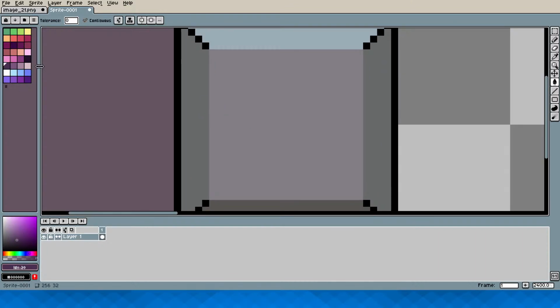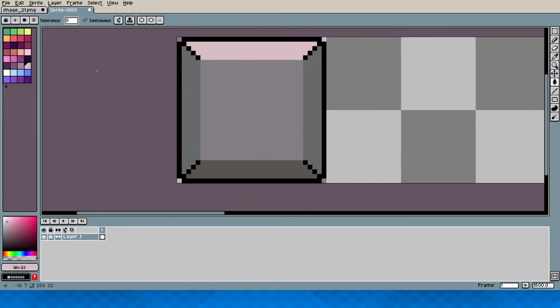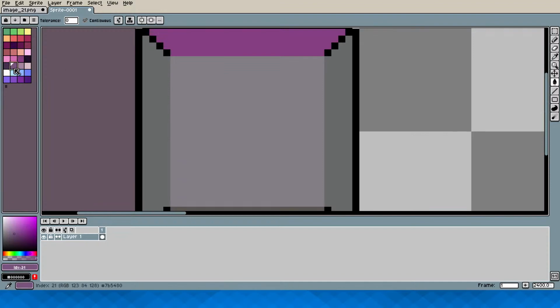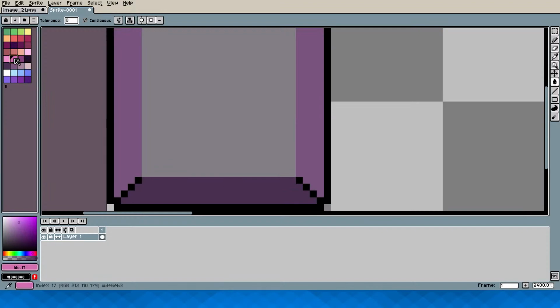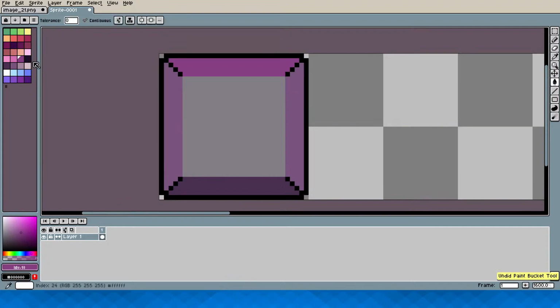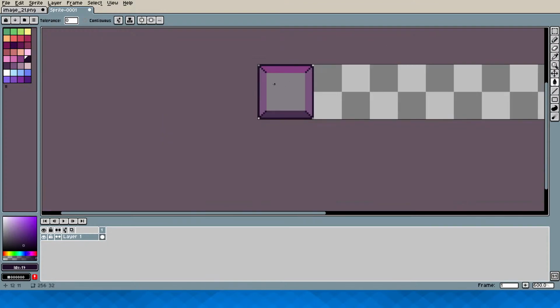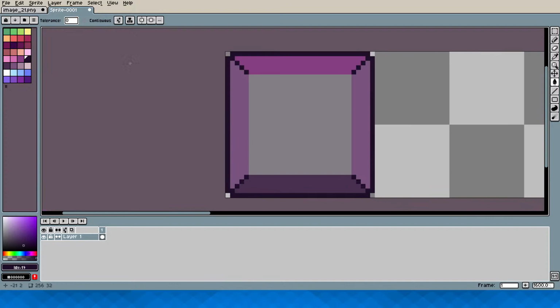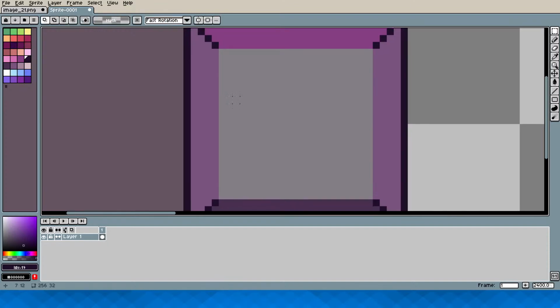Just make it kind of purple. There are enough shades here to make that work, I think. Or, that's not very purple actually. Let me see if I can remotely make this work. Oh, that's not a good color. That's also not good. I'm gonna replace the black outline with this, because it fits in better. Also, hey, this purple makes it look like a good temporary sprite.